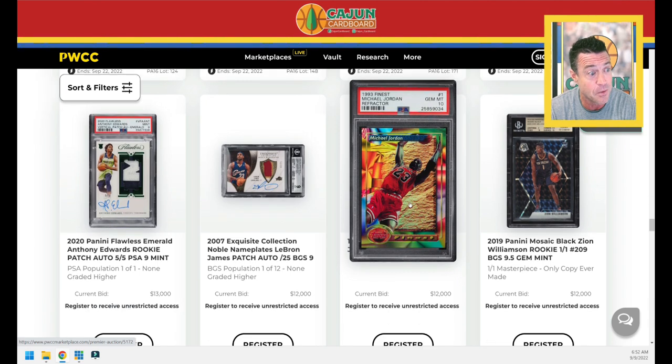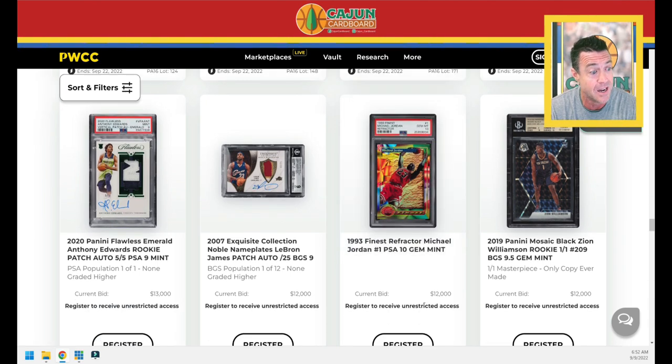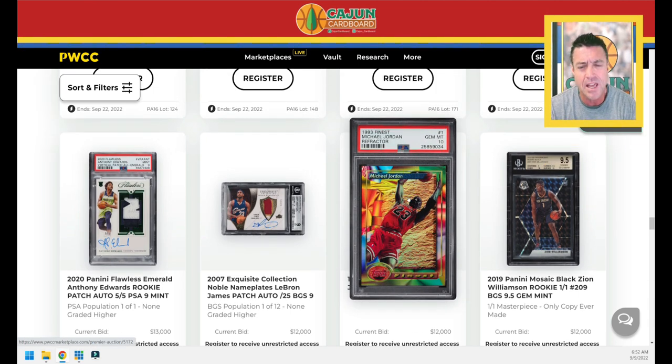Wow, that's a 93 finest refractor PSA 10 with great coloring. Recently, I think we saw a PSA 10, or maybe it was a BGS 10, that looked to me like it had a lot of greening on it, which always worries you with these cards. This PSA 10 looks really, really good. That's not a high pop card. I feel like